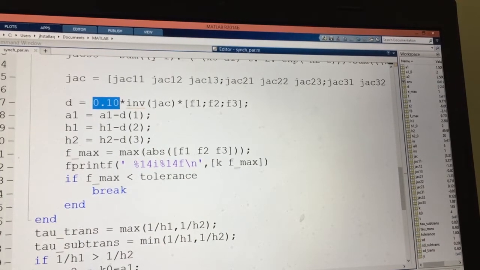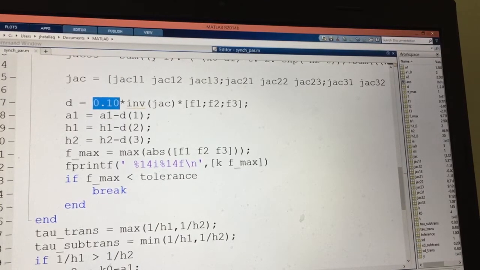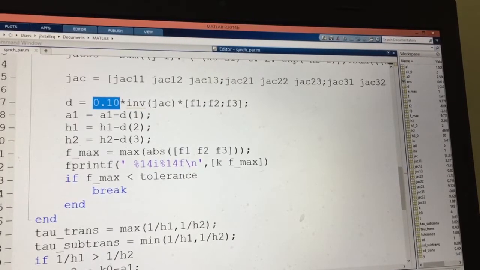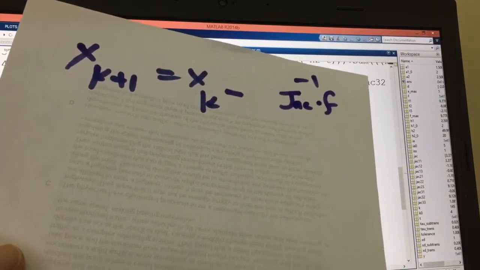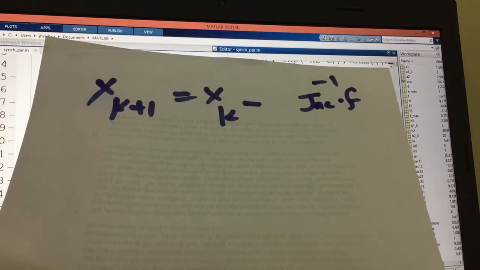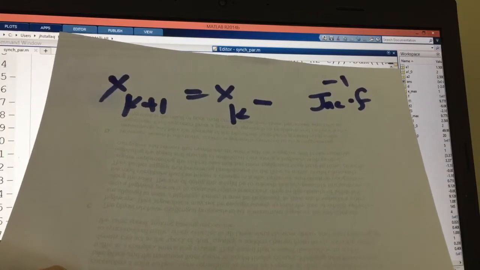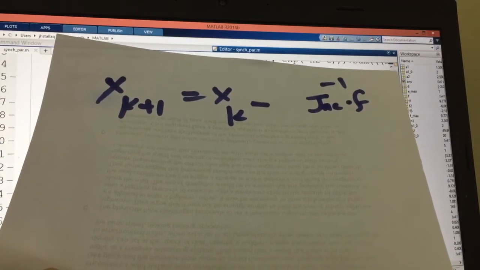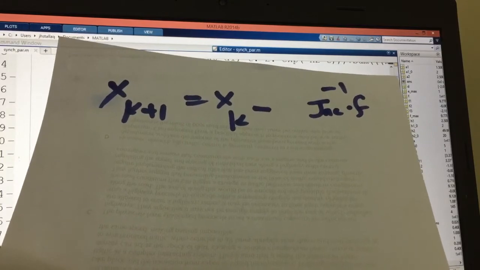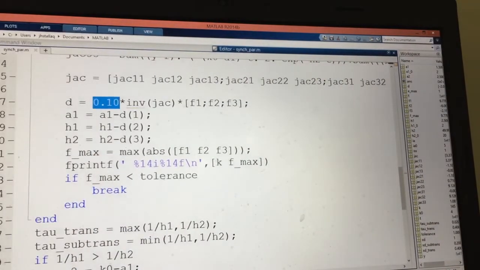You know that x k plus 1 is equal to xk minus Jacobian inverse times f. So that's basically, if you look at this one here, the routine of the Newton-Raphson. This is the normal routine, but you can add